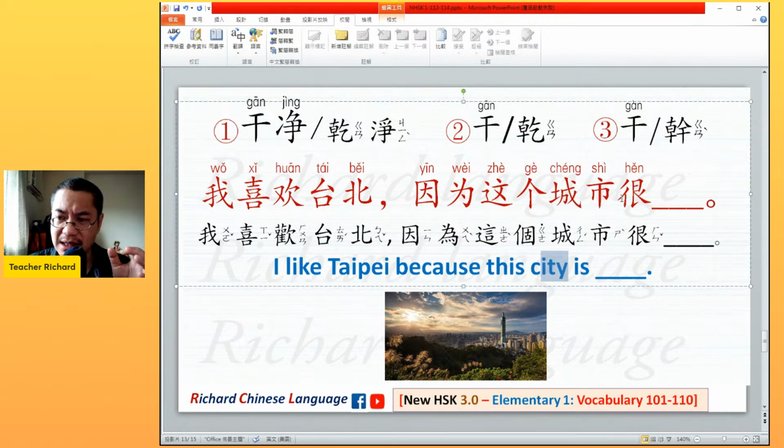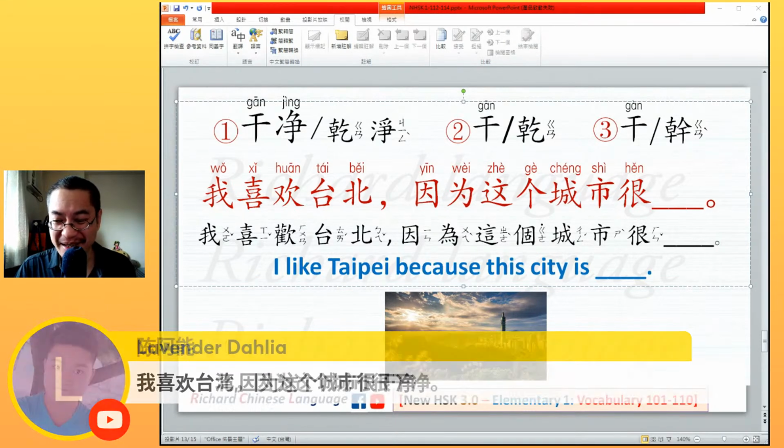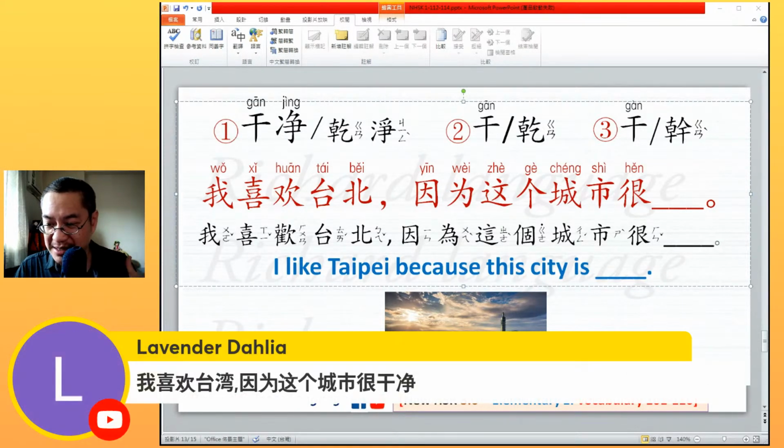This city is blah blah blah. Tell me the answer. 我喜欢台北，因为这个城市很干净。Very good, because Taipei is clean and tidy. And that's wrong, I mean, Taipei is not that clean. 阿能 is correct. 阿能答对了。